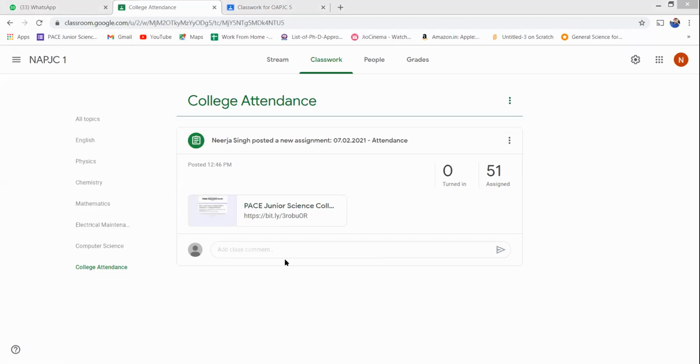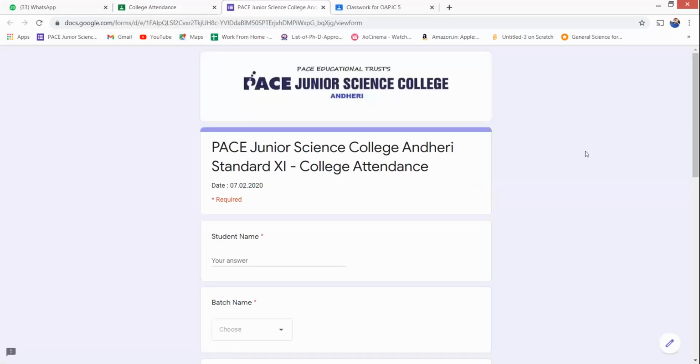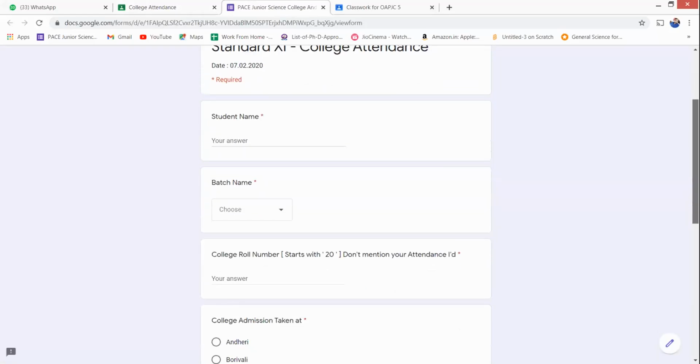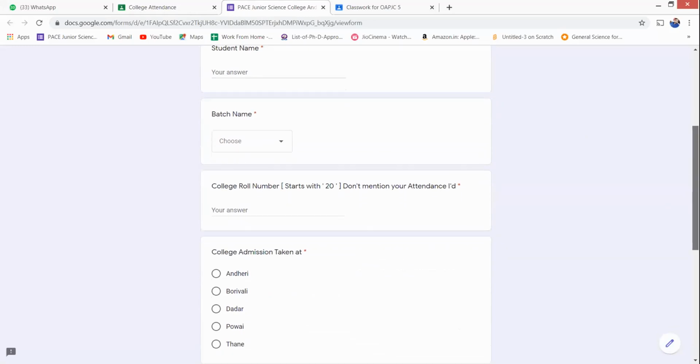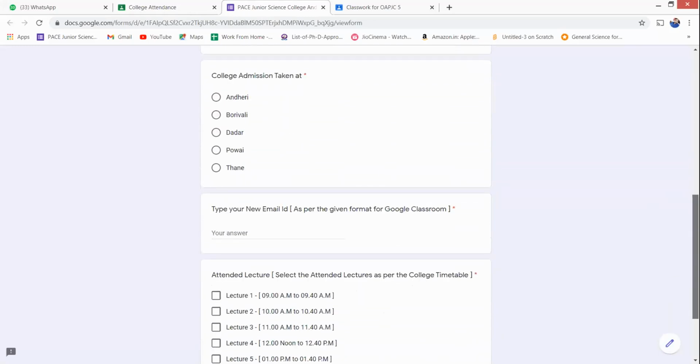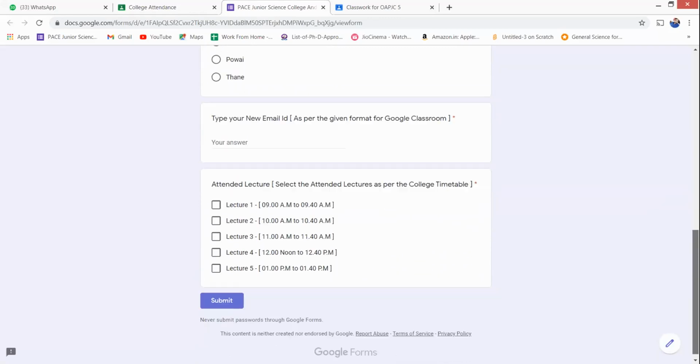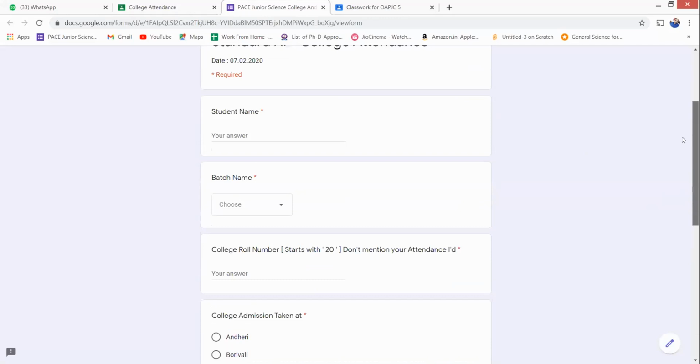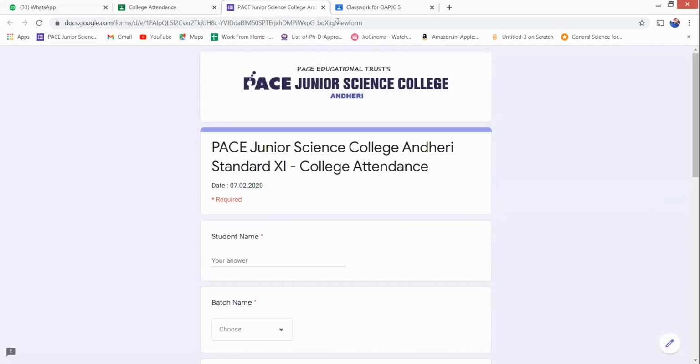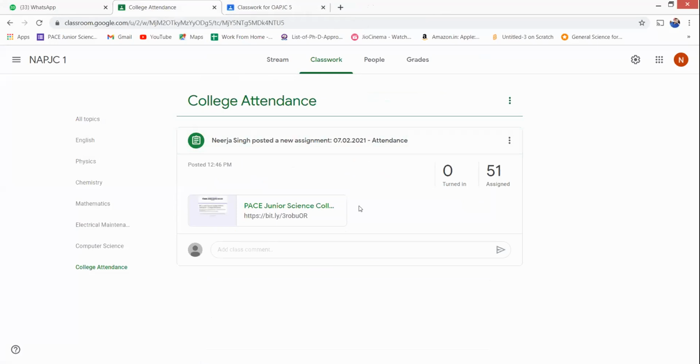Now here you can see the attendance link. Sir is showing an attendance link. You can click on that. When you click on that, the Google form will be opened. This is how the Google form for your attendance looks. Fill in the required details, and then you can click on the submit button. It is exactly the same way. The only thing is, from now onwards the link will be put up in the Google Classroom. Every day attendance is a must, as you all know. Please understand this. If you are not getting it, you can all ask during the query time.